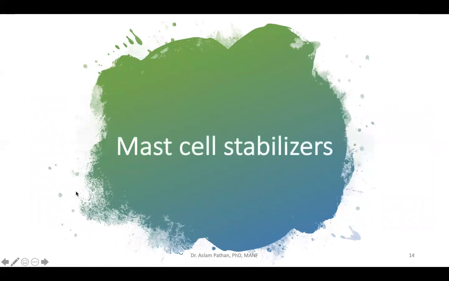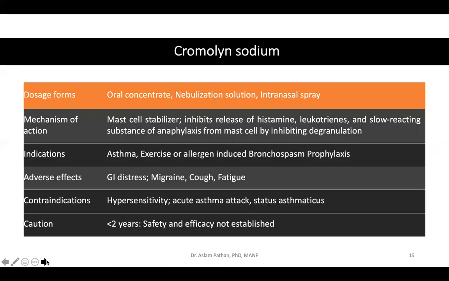The next category is mast cell stabilizers. An example of a mast cell stabilizer is cromolyn sodium, also called cromoglycate sodium. Dosage forms include oral concentrate, nebulization solution, and intranasal spray. Mechanism of action: mast cell stabilizers inhibit the release of histamine, leukotrienes, and slow reacting substance of anaphylaxis from the mast cell by inhibiting